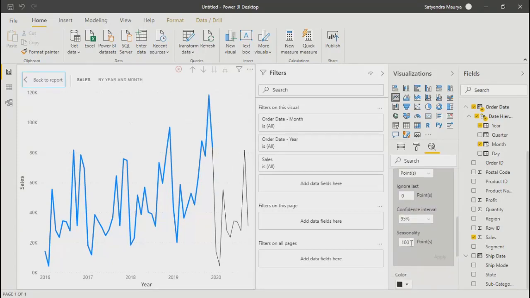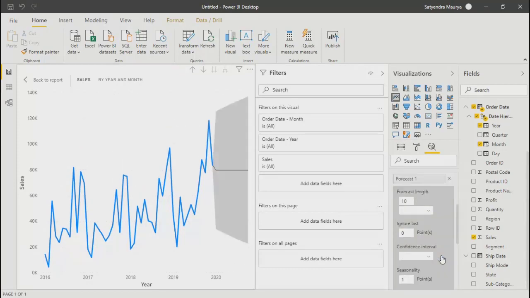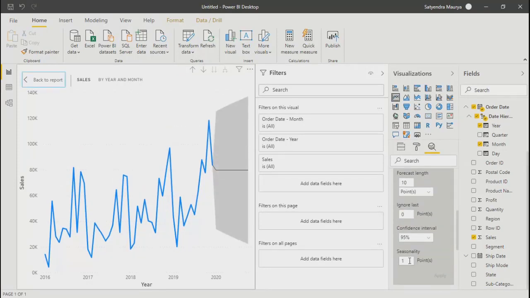I want 100% seasonality to be used. I'll put 0, which means I don't, let me put 1 and apply. So in this scenario, because I have put 1, it's not considering seasonality. So 100 means you want to apply complete seasonality, and 1 means you don't want to apply seasonality.